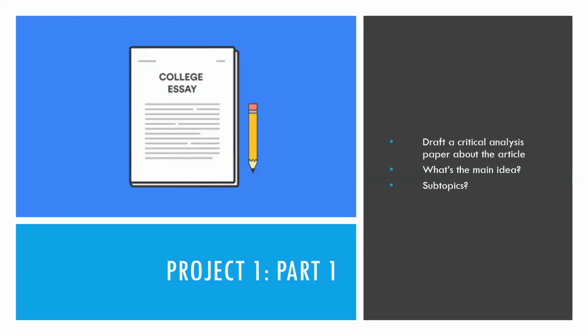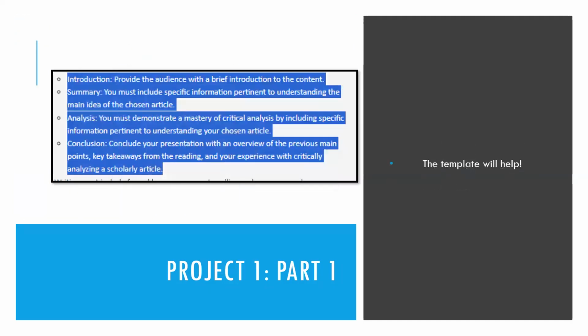Mainly, what is the central idea and what were 3 or 4 major topics, claims, or arguments that the author made throughout this piece. There's also a template you can use when constructing your paper about the article. Refer to the template found in the assignment guidelines, as it will help you construct a more organized draft, as you can see from the sample template found on the screen.